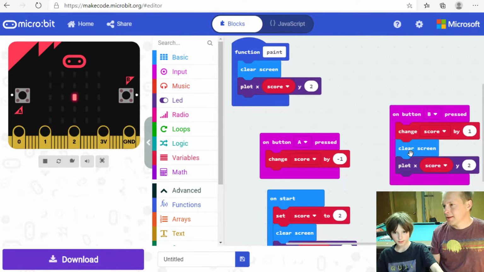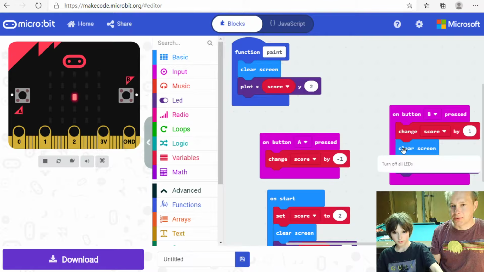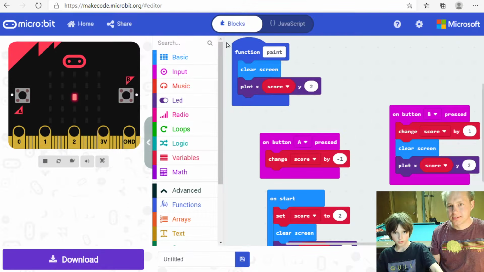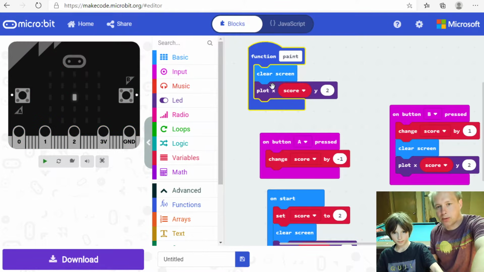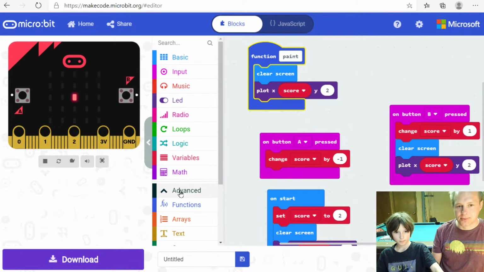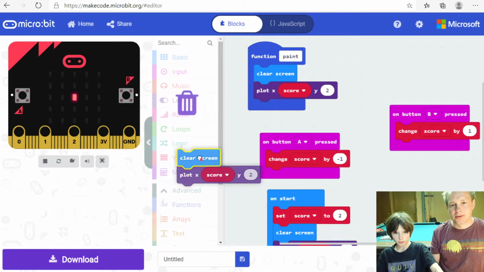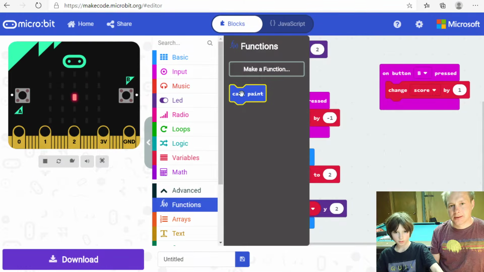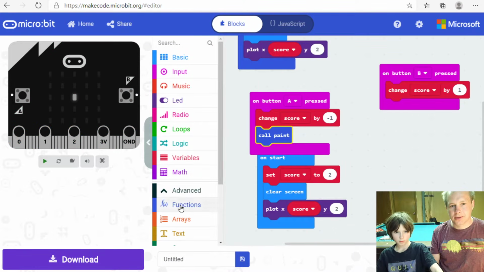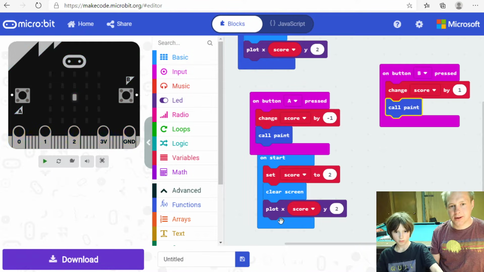What about this? Well, this is the same, so we should replace it by the function call. So we make another function? No. So now that we have paint, we can call paint everywhere we need to. Oh, yes. So this goes away. And then we just can call paint. Yes, here and here and